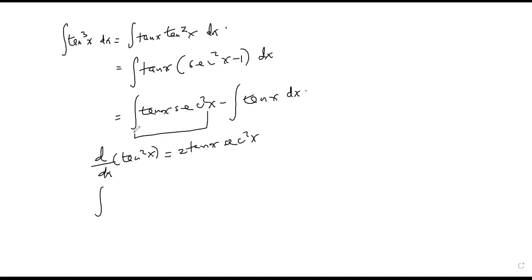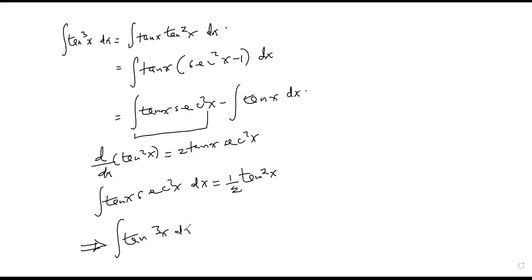Implying that when we integrate tan x sec squared x dx, it will give us a half tan squared x, implying that our integral of tan cubed x dx will reduce to a half